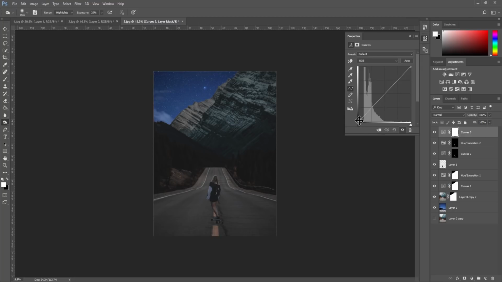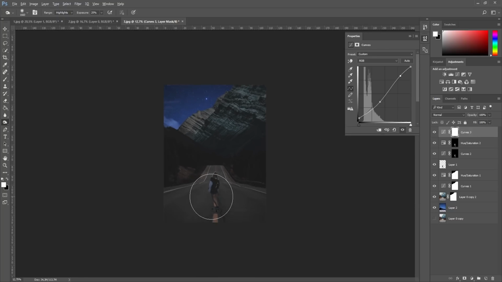So now we're going to take these blacks up a bit again, and then take the midtones down, and now we're going to increase the highlights, so make like an S-shaped curve. This is also called a contrast curve. So now it blends even better everything together, and then we're going to